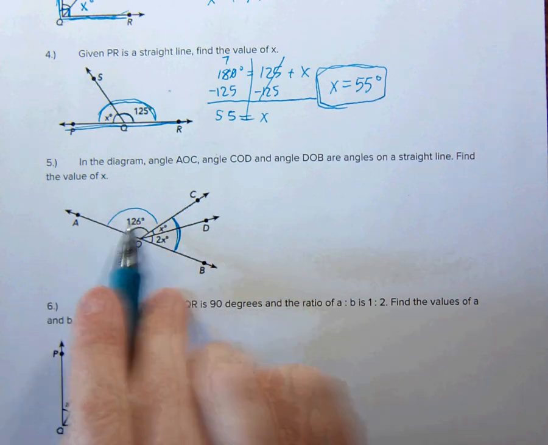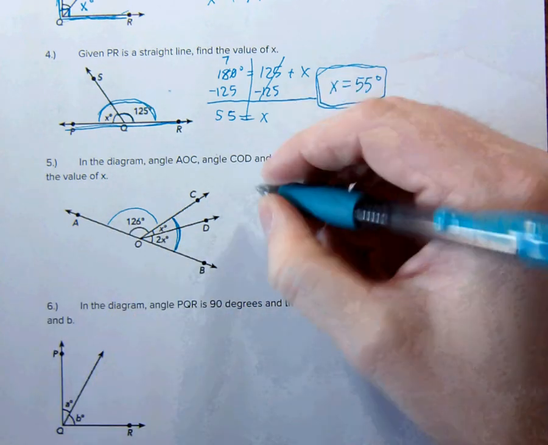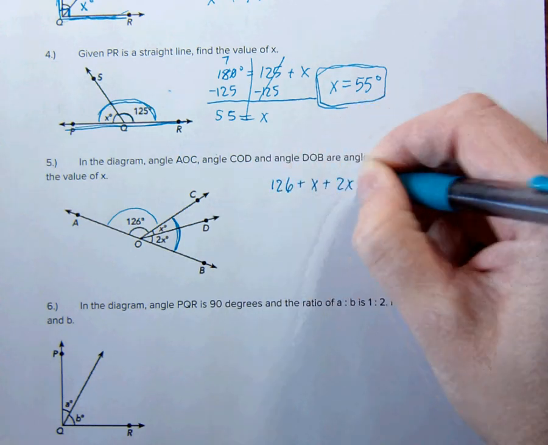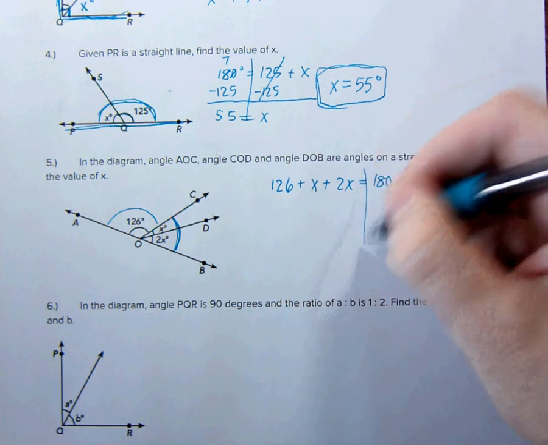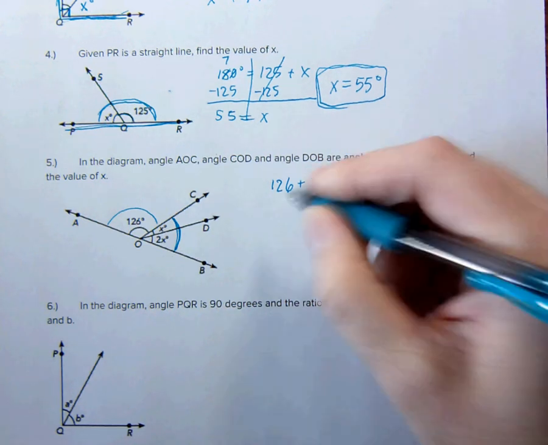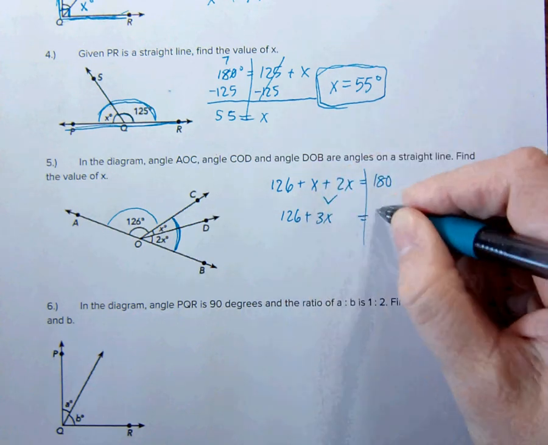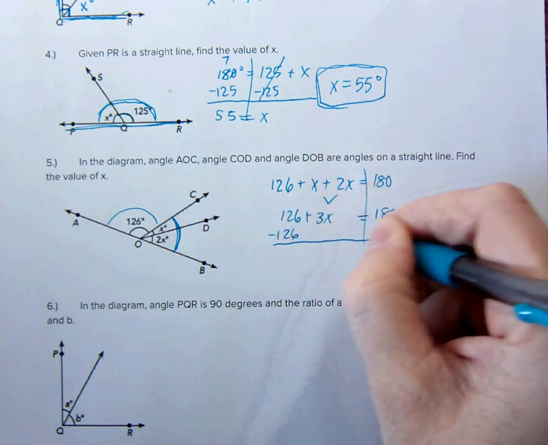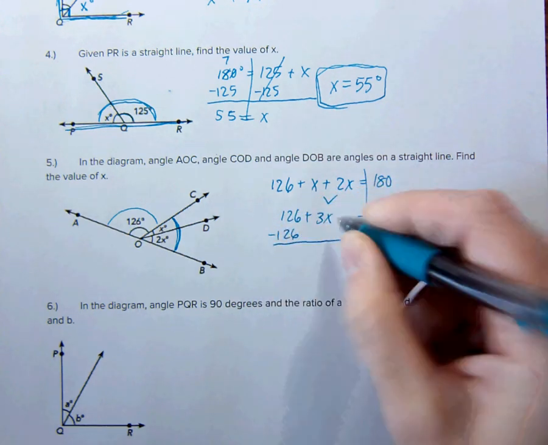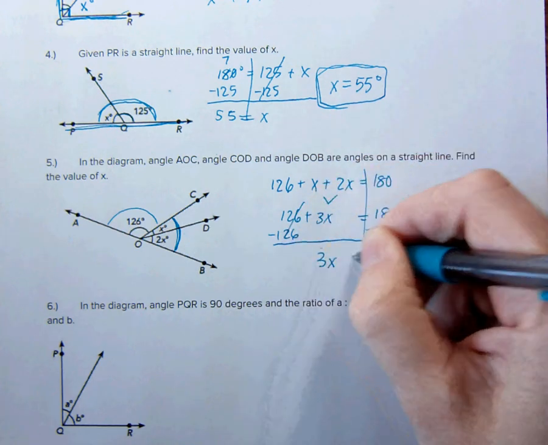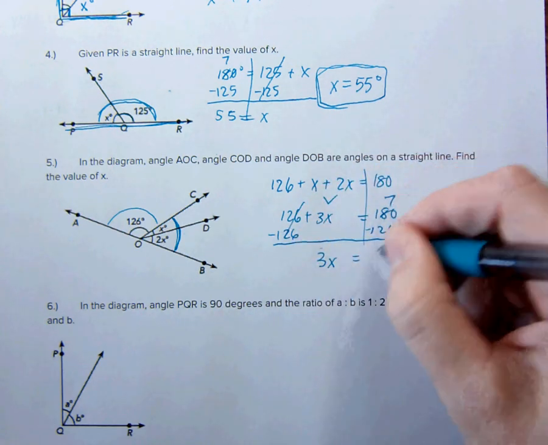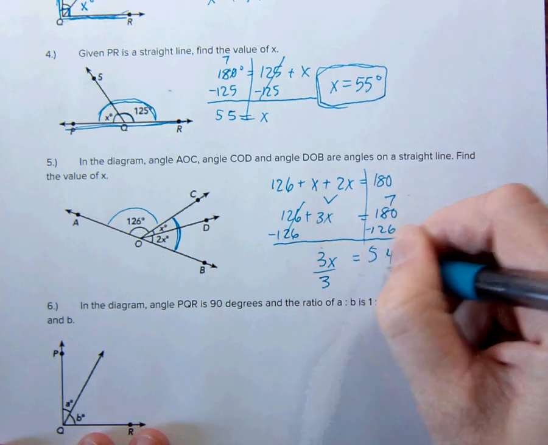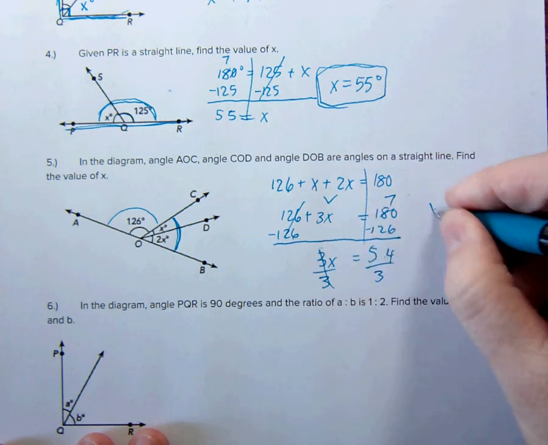So 126 plus X plus 2X is equal to 180. So that's 3X there. 126 plus 3X is equal to 180. Subtract 126. That'll cancel out. I'll get 3X is equal to 54 degrees. So some number times X is equal to 54, divide by 3, and I get X is equal to